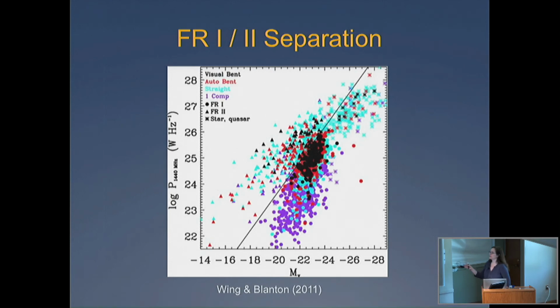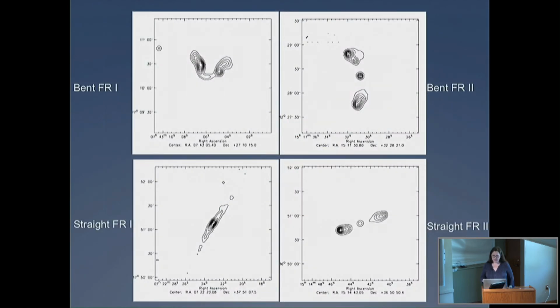We can also separate into the classes I was talking about earlier, Fanaroff and Riley 1 and 2. You can do that by eye, morphologically. You can also do it by this relationship between radio power and absolute V magnitude, where you have a correlation between those two things, and you can draw a line that's separating the FR2s up here and the FR1s down here. Okay, so these are some examples from that work. These are all from the first survey. This would be like a bent FR1 radio source, a bent FR2, so it's brightened at the edges. This is a straight FR2, a straight FR1.